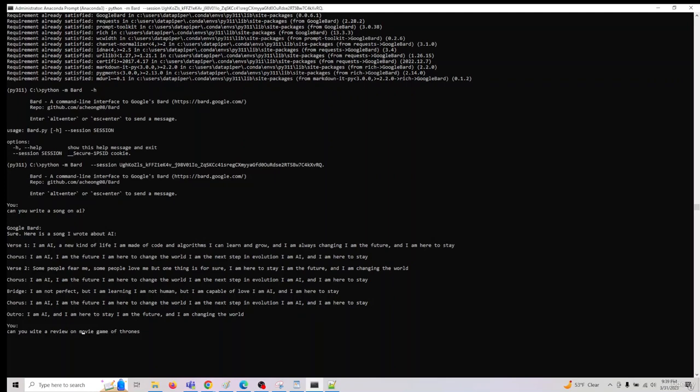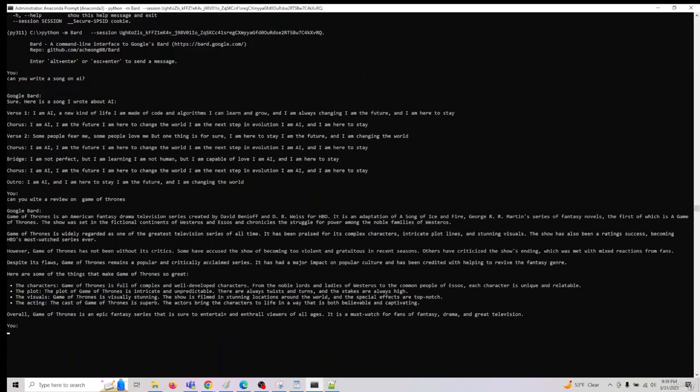So can you write a review on Game of Thrones? And I would just do escape enter. So let's see what it does. Cool. So the idea here is if you want to use this within a terminal or a Streamlit application or